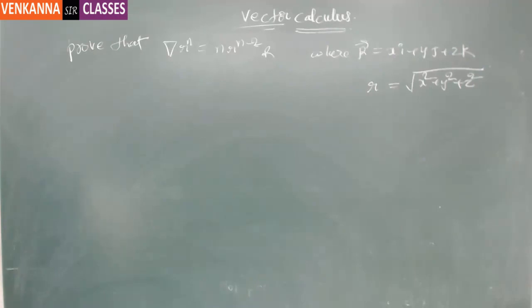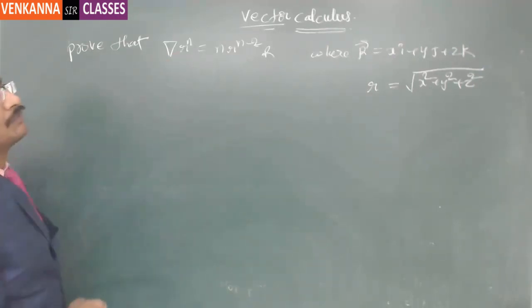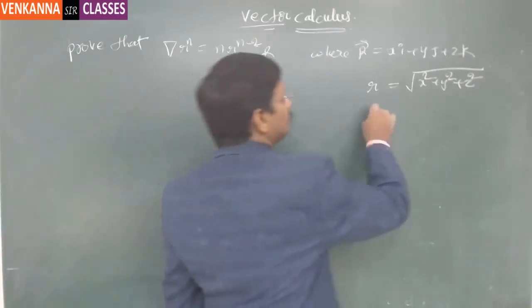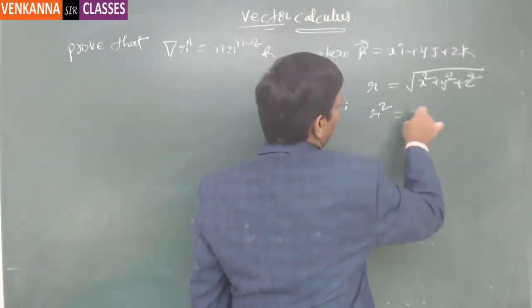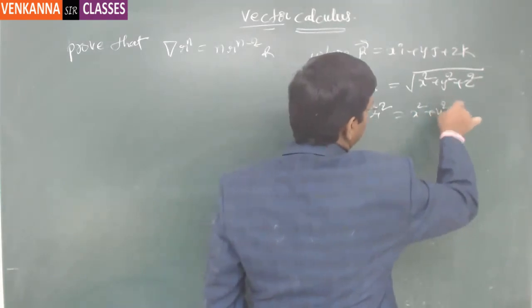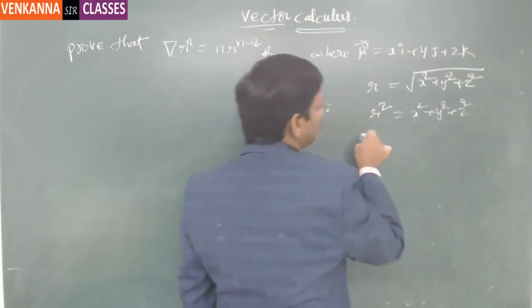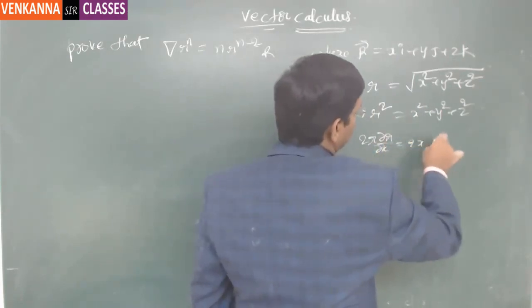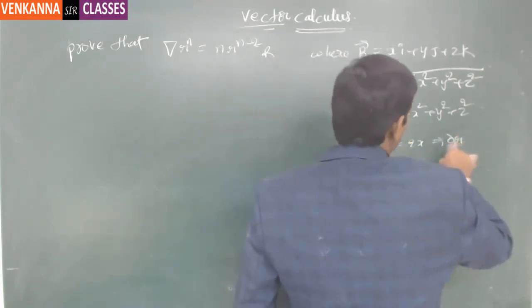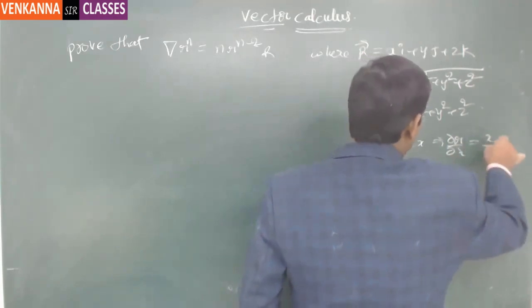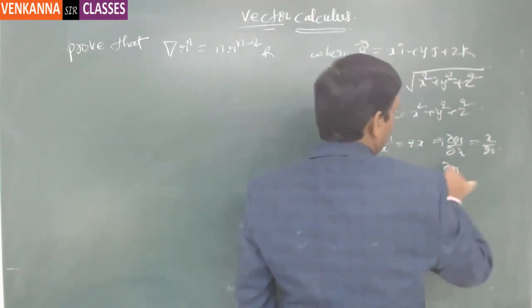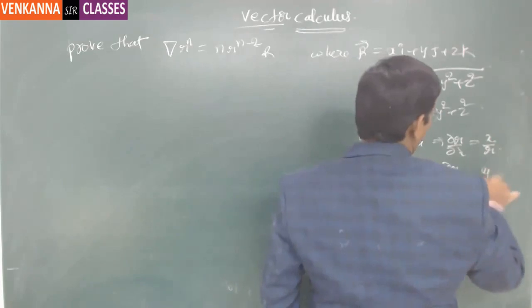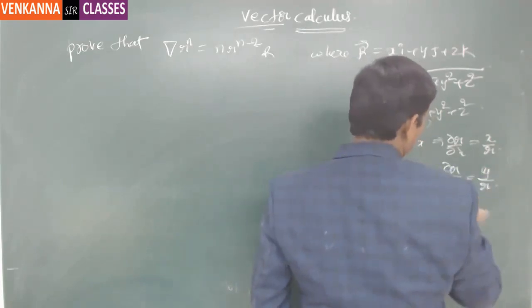Done? Okay, great. So let me prove this. See this, del r power n. So from r squared equals x square plus y square plus z square, differentiating, we get 2r dou r by dou x equal to 2x. It implies dou r by dou x is equal to x by r. Similarly, dou r by dou y is equal to y by r,